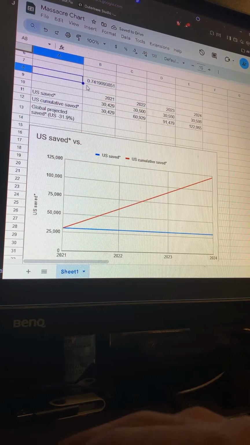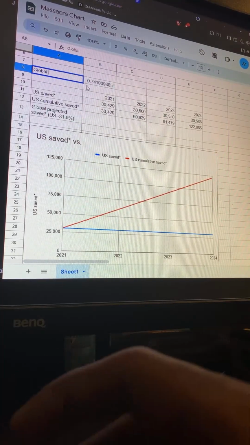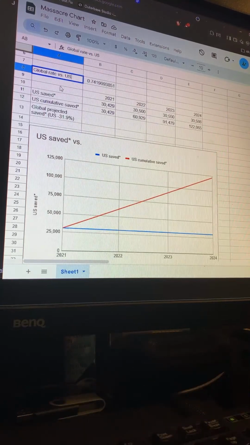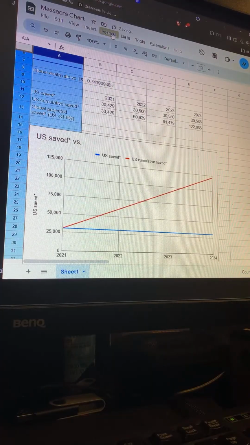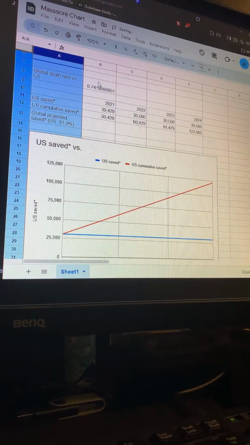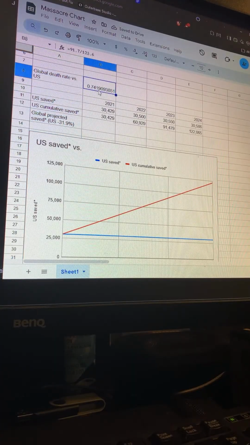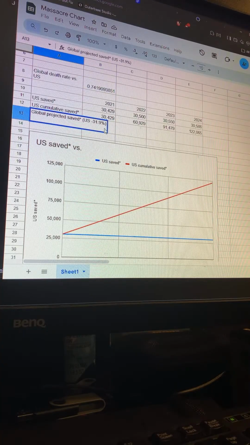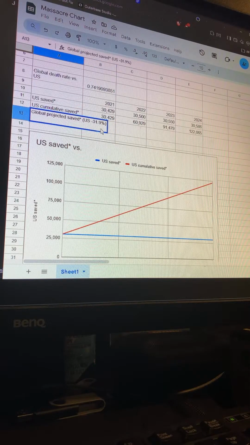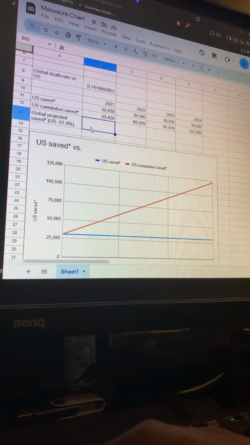And this will be global rate versus US. Global death rate versus US. And we do a global, all right, when we do the global rate versus the US, we get this percentage number. So we would say